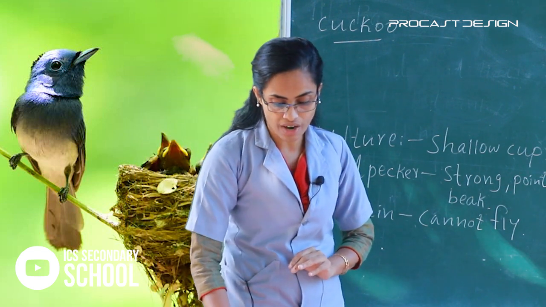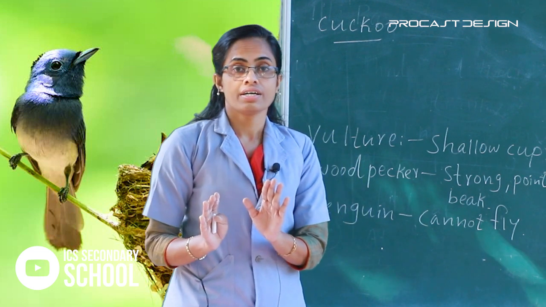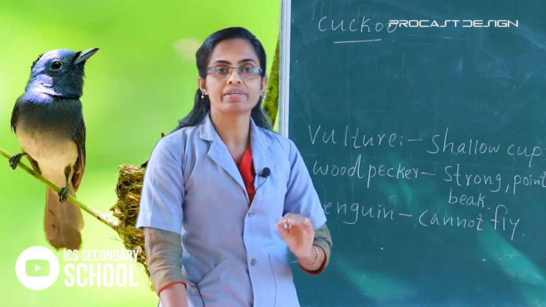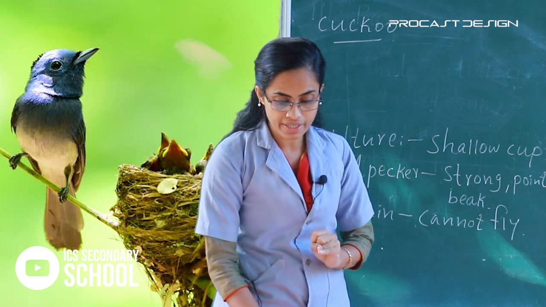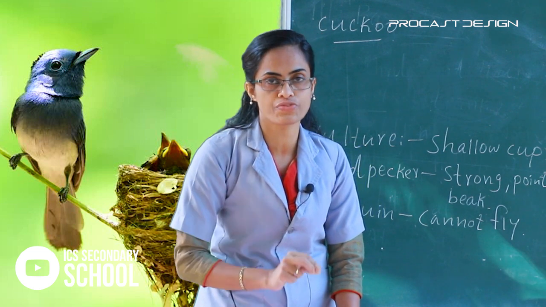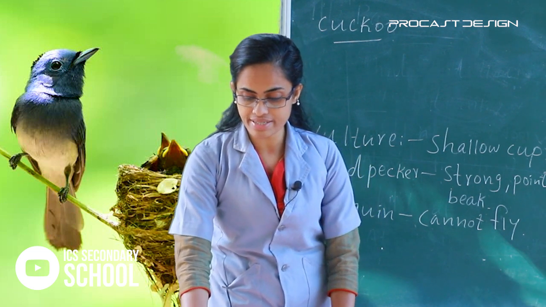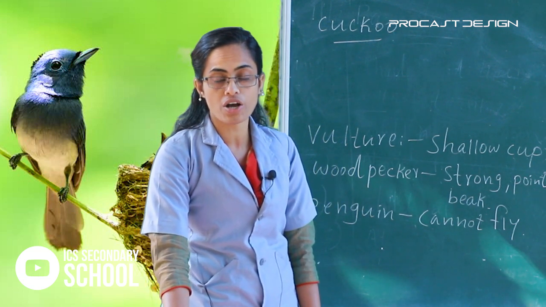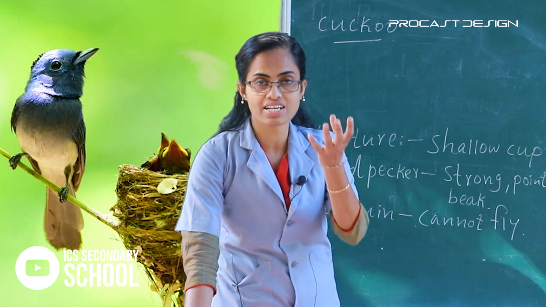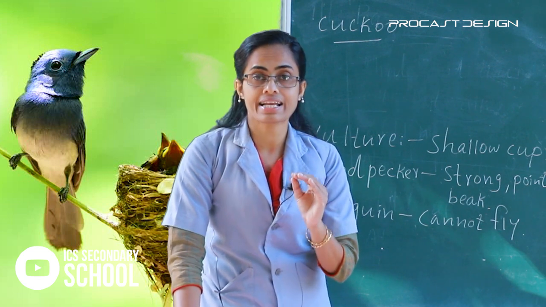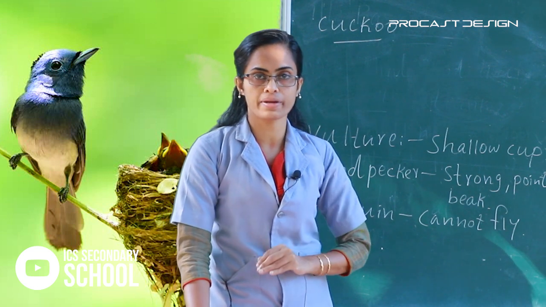Clear? And the next one, okay, now we discuss the different types of birds: weaver bird, tailor bird, vulture, woodpecker, penguin, cuckoo. The different types of birds make different types of nests. In the last class we already discussed weaver bird. The weaver bird weaves dry grass and twigs to make a strong, beautiful nest. The nest hangs from the branch of a tree. The bird enters its nest through a tunnel-like opening.